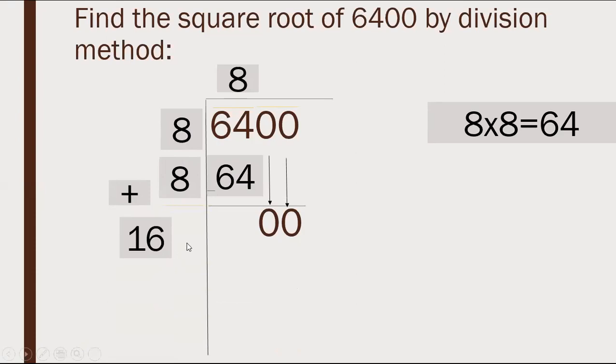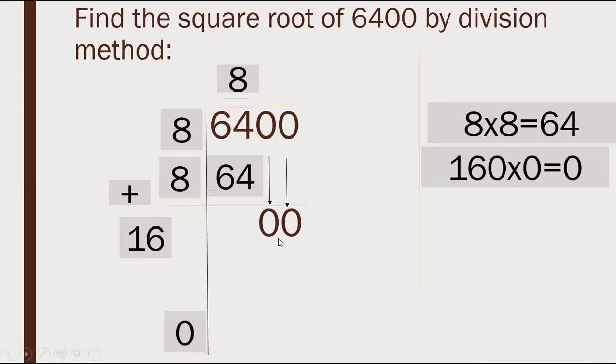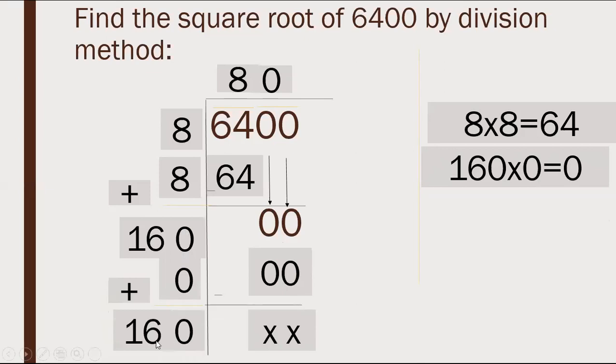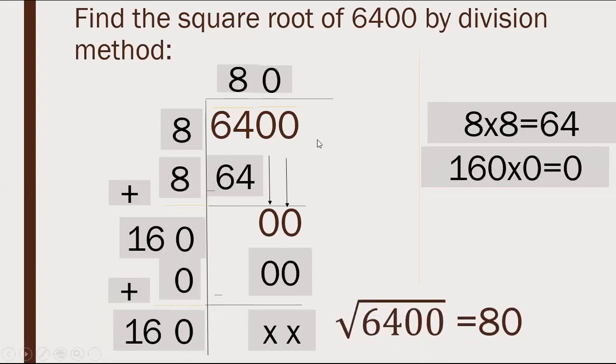Now I want a number which when multiplied by such a number gives 0. This is so simple. Here I want the number which when multiplied by such a number gives 00. So the number is 0, zeros are 00. So it will be cancelled. And what about the left hand side? Here I can add only 0, because the 0 is taken over here as in multiplication. So 0 plus 0 is 0, and we get here 160. So the square root of 6,400 is 80.